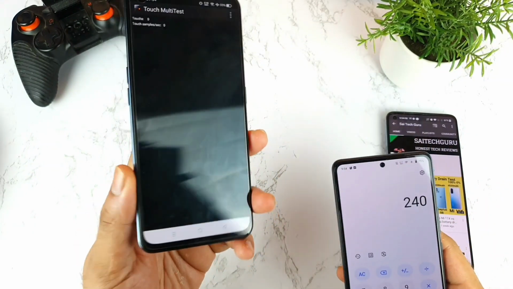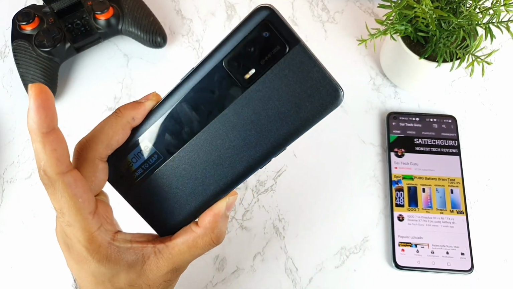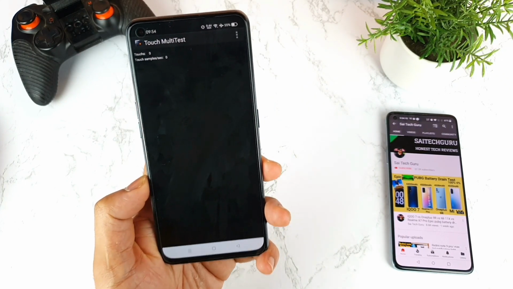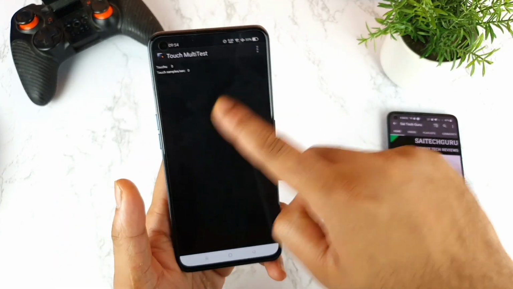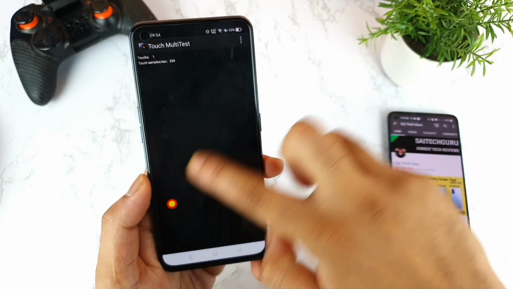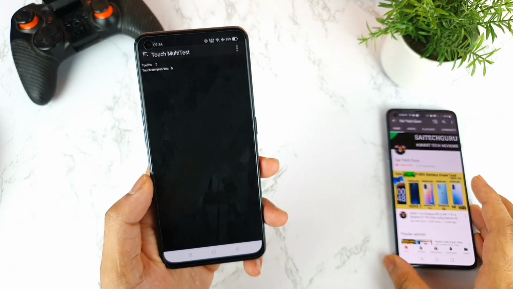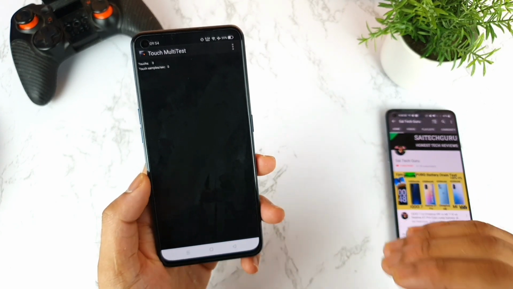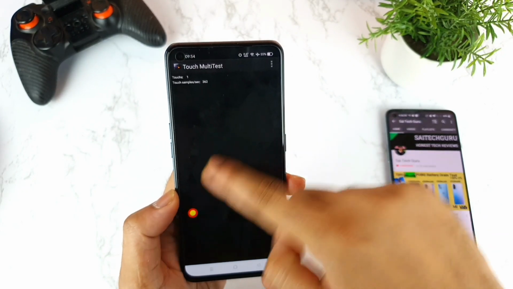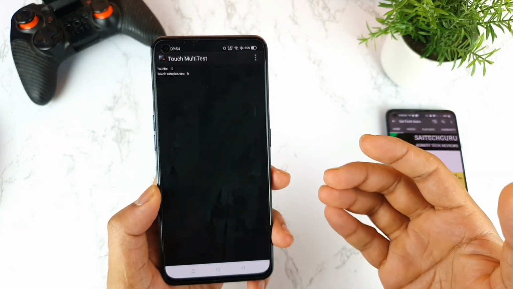The company did claim that the Realme X7 Max can reach up to 360 Hz touch sampling rate, but I was unable to get that 360 Hz touch sampling rate in this phone friends. I'm not sure what the problem is and what mistake I'm making, but I did add it into the game space, and as you can see clearly, still I was unable to get that kind of high touch sampling rate in this application. It did not happen in other smartphones like iQOO 7, Mi 11X and OnePlus 9R. Whatever the company is claiming, I'm getting exactly the same touch sampling rate there, no issues. I'm not sure why the touch sampling rate is really low. It's showing right now, as you can see friends. So 240 Hz I'm getting, not 360 Hz.